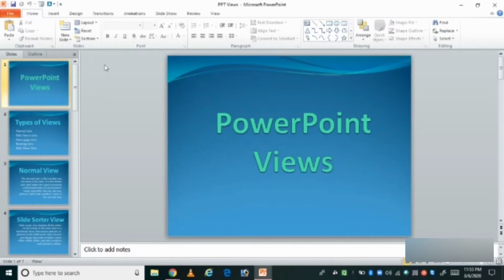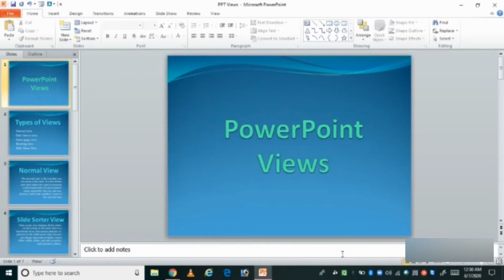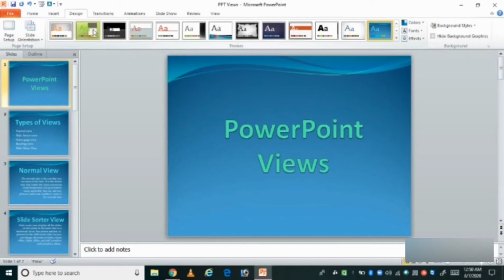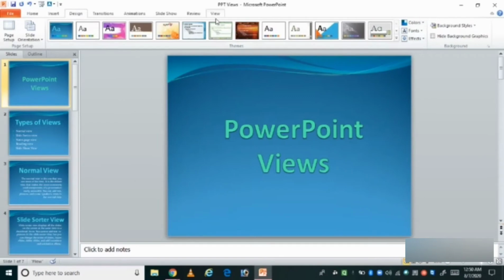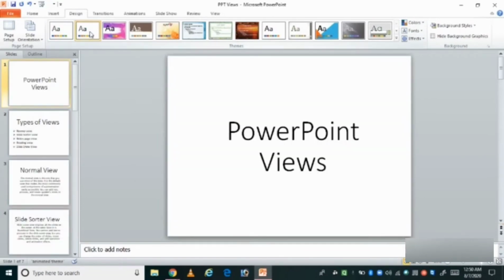As you all know, PowerPoint is a design-based program. Backgrounds are effective ways of improving the appearance of a slide. You can change the background of a slide in different ways. For example, you can apply a shape, texture, or pattern, even a picture as the background to your slide. To make you understand better, I'm changing the presentation to a blank presentation. For this I'm going to click the Design tab and I'm clicking blank presentation.